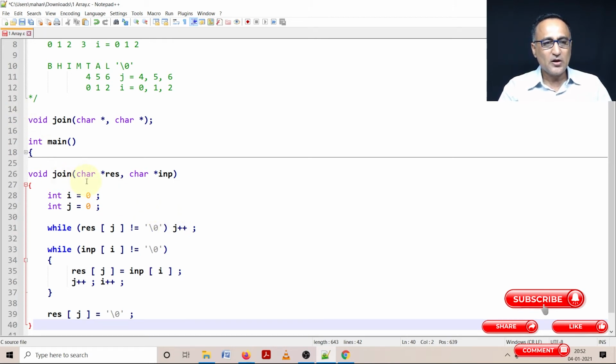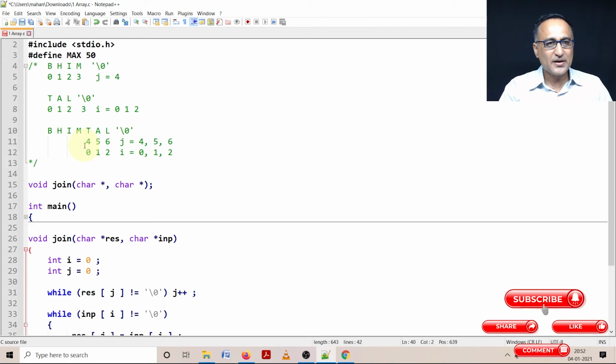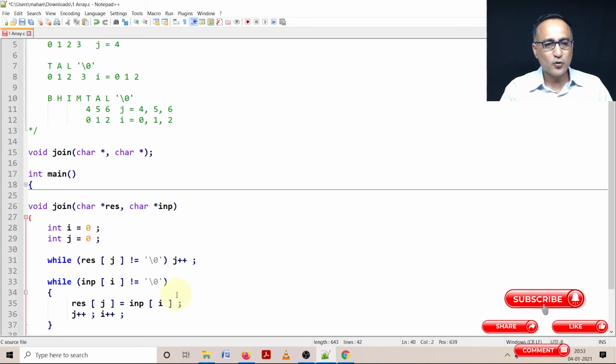So here, let us take this particular example of ours, this beam example. J is 0. So as long as j is 0, 1, 2, 3, we are fine. The minute j becomes 4, we hit the null character. At this point j has become 4, because at the null character j has become 4. Then I is 0, so I is referring to t. So t is not equal to null. Now j is 4. In the fourth position here, t is copied. I is 0, j is 4.